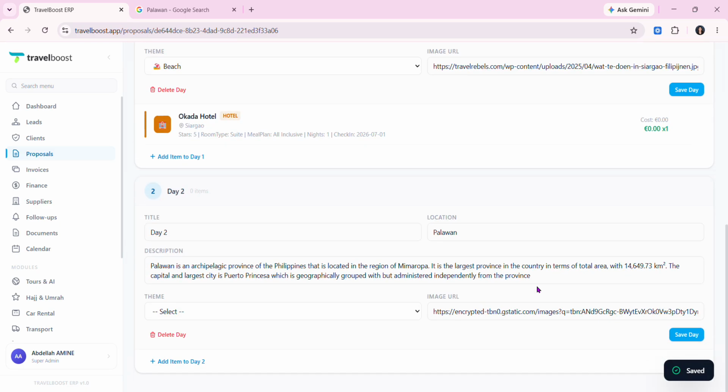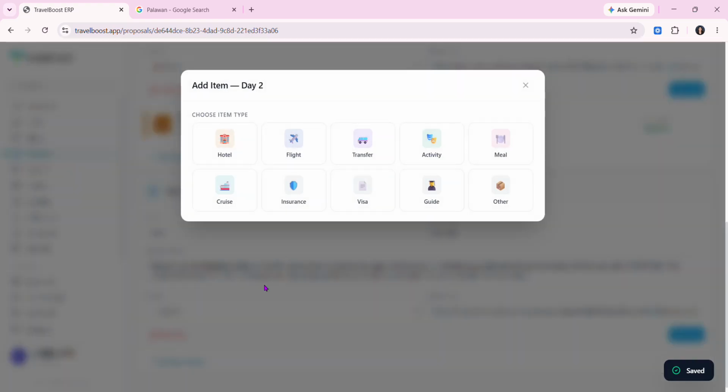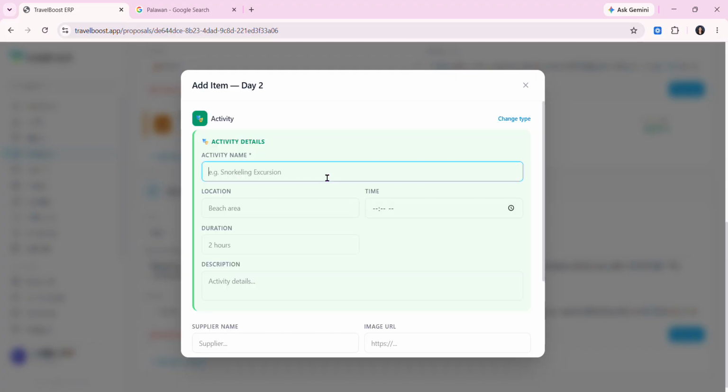Have that, okay. And then save day. And then of course we can add an item for day 2, for example activity, like snorkeling, beach area. Then we can have, of course, time.